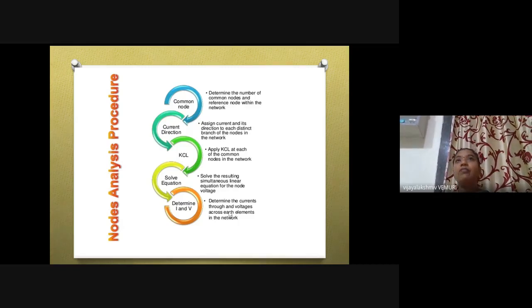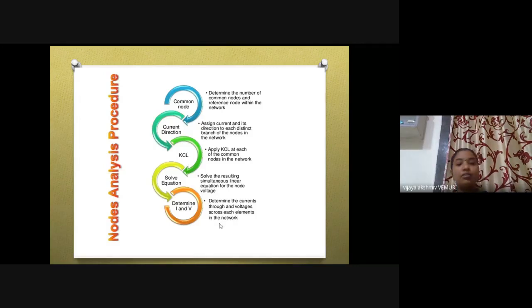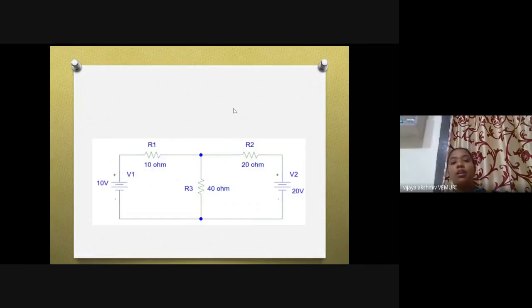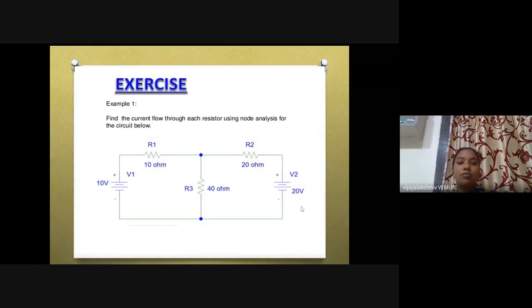So from the current equation, you are going to find out the node voltages. How? I'll tell you. Next, determine the currents through and voltages across each and every element. This is how we'll be applying the nodal method. Now I have a circuit like this. In this circuit, you need to identify the common nodes and reference nodes. If you just observe this circuit, this is one branch, this is another branch,